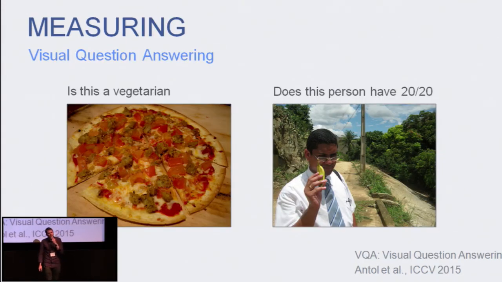And finally, even if we solved reasoning, how would we know that we solved it? We all know the problems with the Turing test and how incredibly frustrating it is to measure intelligence based upon the Turing test, because there are all sorts of different ways of gaming it. And one of the more recent things that we proposed is to use visual question answering as a sort of Turing test for reasoning and vision.